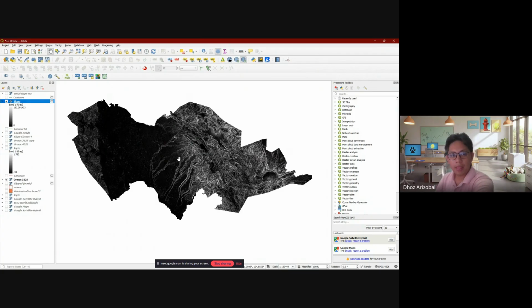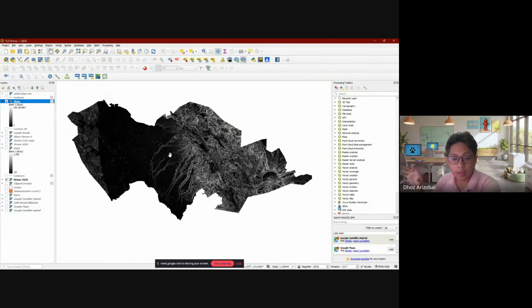But for now, let's just be happy that this is what QGIS gave us. Based on this alone, it's hard for me to convey which of these areas are arable or suitable for planting.